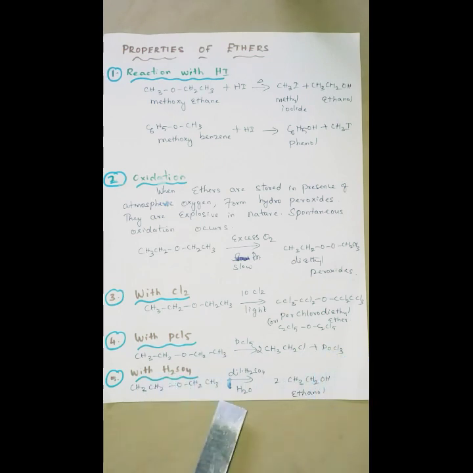Then with H2SO4, it forms the alcohol. Because H and OH are there, one H goes here and the other OH, forming 2 molecules of ethanol. Already we saw in the preparation that from 2 molecules of ethanol, by intermolecular dehydration, diethyl ether is prepared. Now we convert diethyl ether into ethanol by treating with dilute H2SO4 in the presence of water. So these are the reactions of alkyl, that is aliphatic ethers, where there is a methyl group, ethyl group, like that. Totally 5 reactions are there, 5 very, very important.